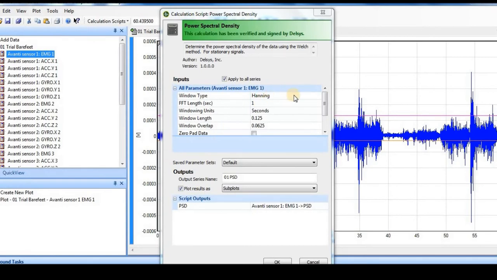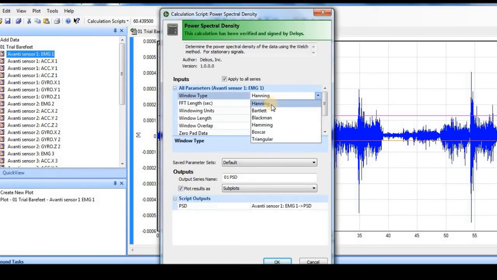By default, windowing of the signals is necessary for this calculation. So the first parameter is window type, and here we have different options: Hanning, Bartlett, Blackman, Hamming, boxcar and triangular windows. For this demonstration, I am selecting Hanning windows.